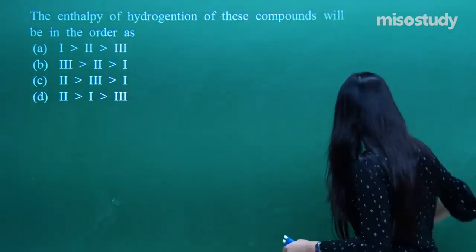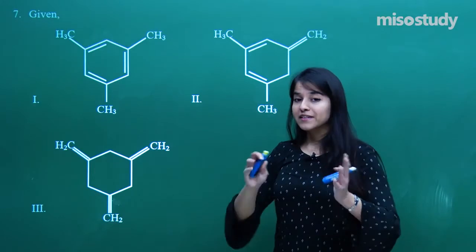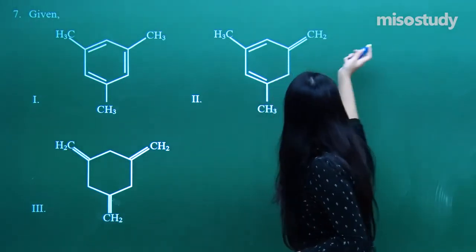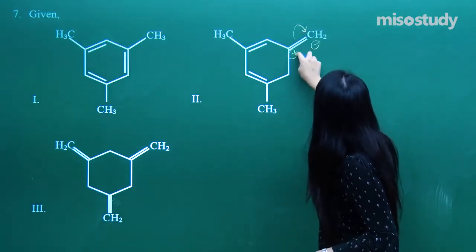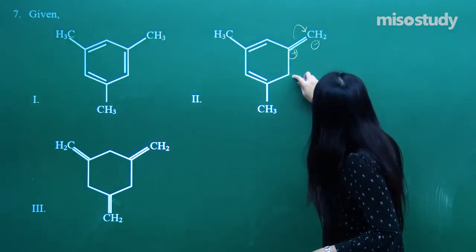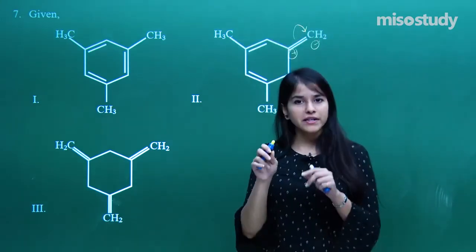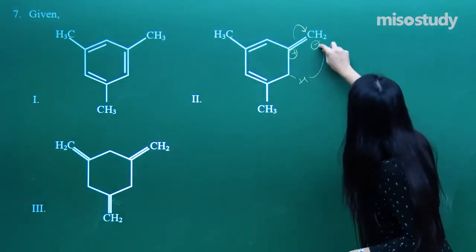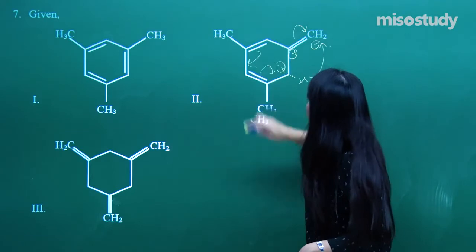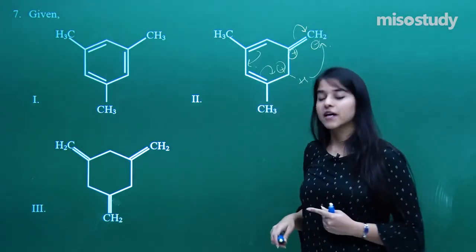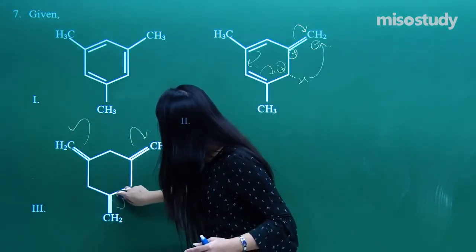What is hydrogenation? I need to attach the hydrogens over here. So how are the hydrogens attached? Onto the double bonds, but they need to get shifted. If you see over here, if I shift this as this very compound, I have got a negative and a positive over here. So how can I have hydrogenation? Either the hydrogen will be provided from the reagent itself, or this very hydrogen can also jump over here in order to create a positive carbocation that would again be resonance stabilized. That is how the mechanism could be. If you see over here, again there will be a shifting in each one of them, either of the ways.